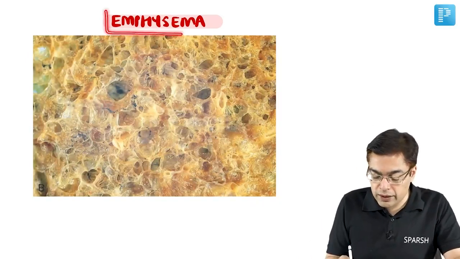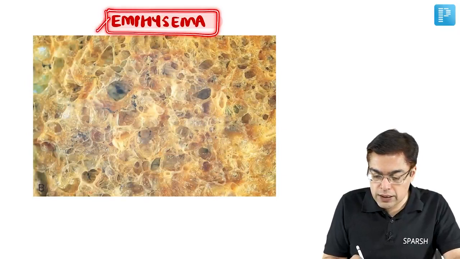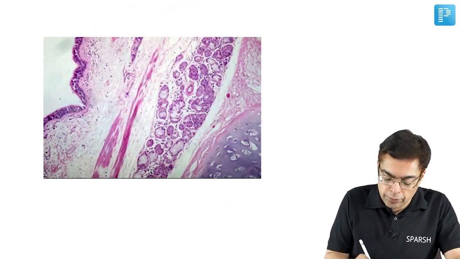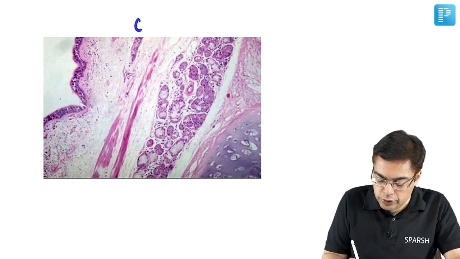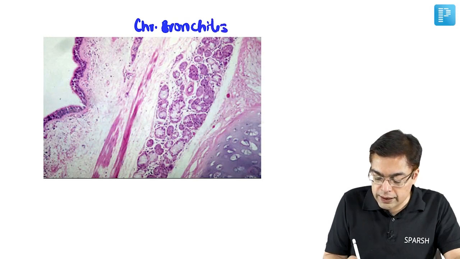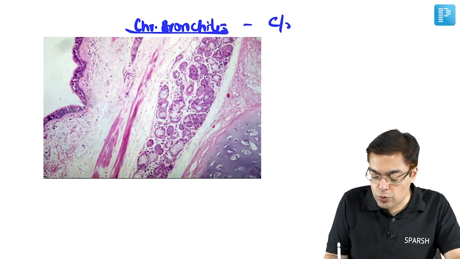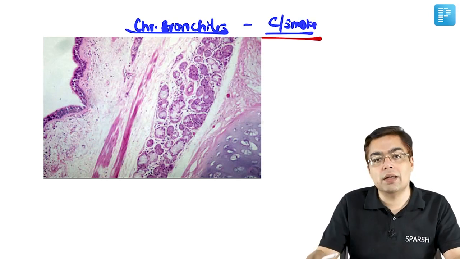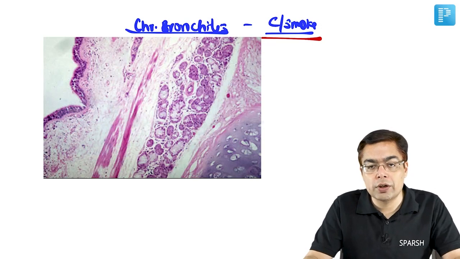So that is what we need to know so far as emphysema is concerned. The other important example of an obstructive lung disorder that we need to know about is going to be given the name of chronic bronchitis. Both emphysema and chronic bronchitis are associated very much with cigarette smoking, and therefore we need to understand that both of these conditions are going to be clubbed under the heading of COPD, that is chronic obstructive